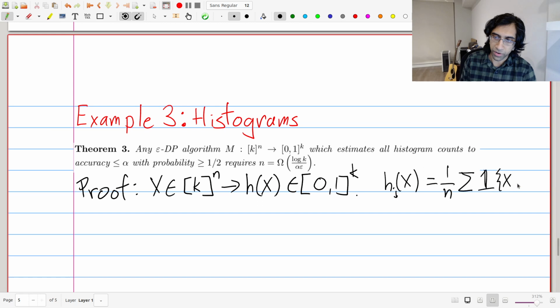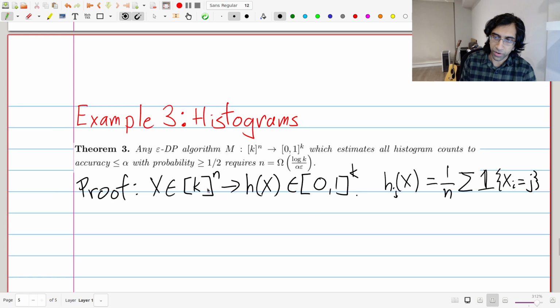Basically, the number of points in the data set which are equal to symbol or domain element j. Yeah, just normalizing it because it'll be more convenient. Because in fact, this is exactly the right answer that we would like to give. We would like that